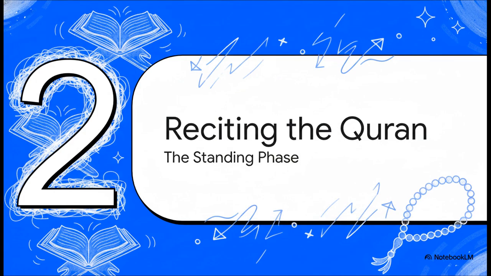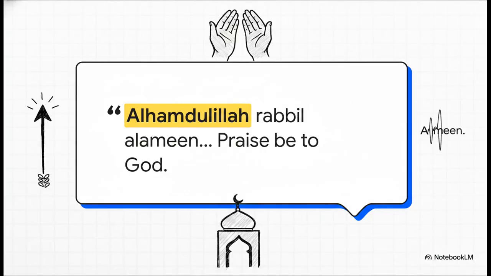Moving on to Section 2, reciting the Holy Quran, which is the core standing phase of the prayer. So after seeking refuge and saying the tasmiyah, Bismillahir Rahmanir Rahim, the worshipper recites Surah Al-Fatiha, Alhamdulillahi Rabbil Alameen, praise be to God, Lord of the worlds. This specific chapter is the indispensable, absolute central pillar of the standing position. It covers the core relationship between the worshipper and the Creator, it asks for guidance on the straight path, and, as you probably know, it famously concludes with Ameen.